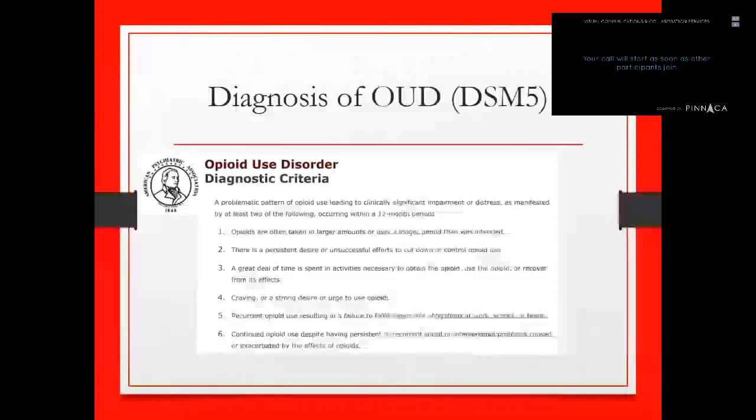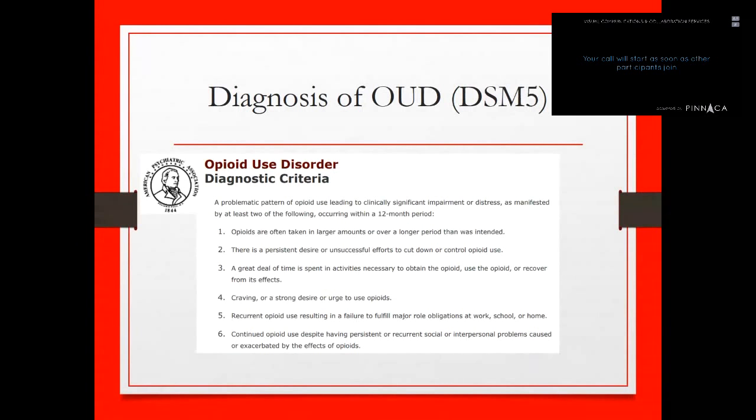I do want to briefly review how you diagnose opioid use disorder according to the DSM-5. To review quickly, it essentially means that opioid use has gotten out of control for the patient, and even though they or an objective observer would say that there is a major problem, they haven't been able to cut back or stop. Just to point out a couple that I think are important for using buprenorphine in the primary care setting: people are using opioids in larger amounts or over a longer period than was intended, they've tried to cut back or really want to cut back but haven't been able to, and they have craving,